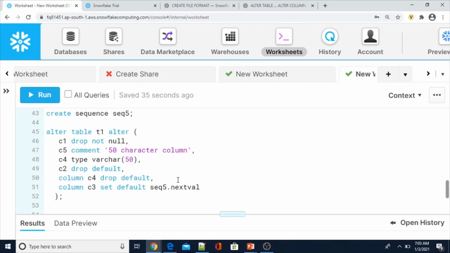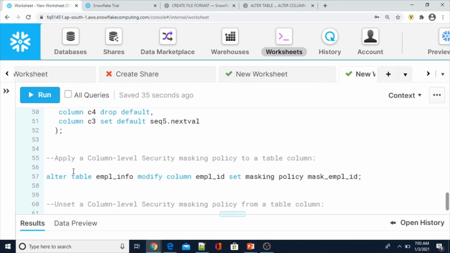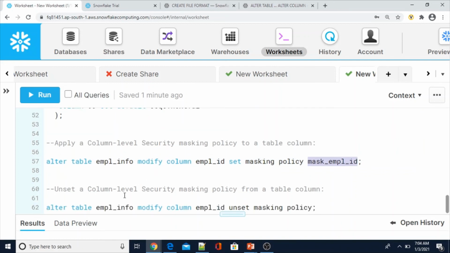That means, what I was trying to explain here is that we can put multiple alter commands within the same ALTER TABLE command, and apply other properties, like setting and unsetting a masking policy. Column-level security masking policy is applied to a table using ALTER TABLE name MODIFY COLUMN name SET MASKING POLICY, followed by the policy name. In the same way, I'm not going to execute this one because I didn't create the masking policy in this video.